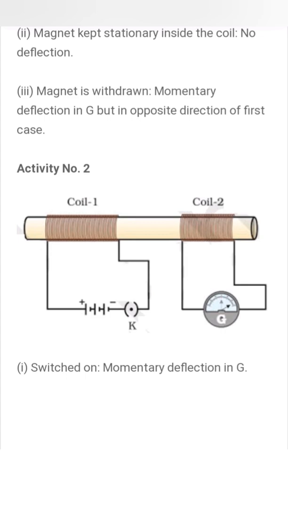When the current in the first coil changes, the magnetic field produced will be linked with the second coil, and hence it produces the induced current, which can be detected by the galvanometer in the second coil. So as the current changes in the first coil, magnetism will be produced. That magnetic flux or magnetic field will be linked with the second coil, meaning it changes with the second coil, increases or decreases, and hence it produces the induced current in the second coil.